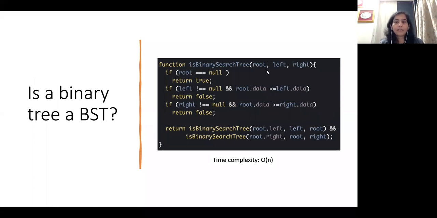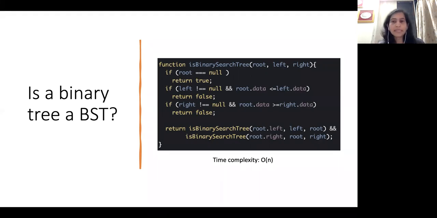Okay. The next one is my favorite actually, and I'm going to pause here. So does anyone have any idea, I've given an algorithm here to check whether a binary tree is a binary search tree, which I wrote myself. I obviously looked it up on the web, but I wrote it down and tried it myself. It's a little complicated, but does anyone have a very simple way to check if a binary tree is a binary search tree?